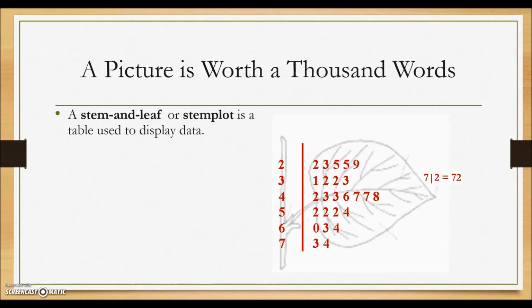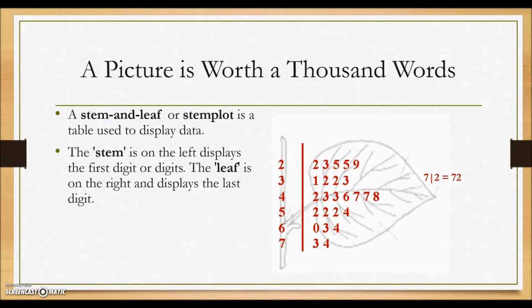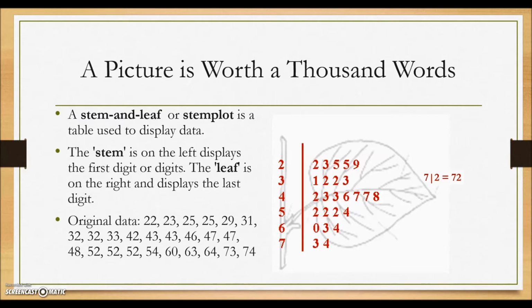Here on the right we have a stem plot. The stem is on the left of the vertical line, which displays the first digit or digits of the original data value. The leaf is on the right side of the vertical line and displays the last digit of the data value. Here is what the original data looked like, and by having it in a stem plot we can